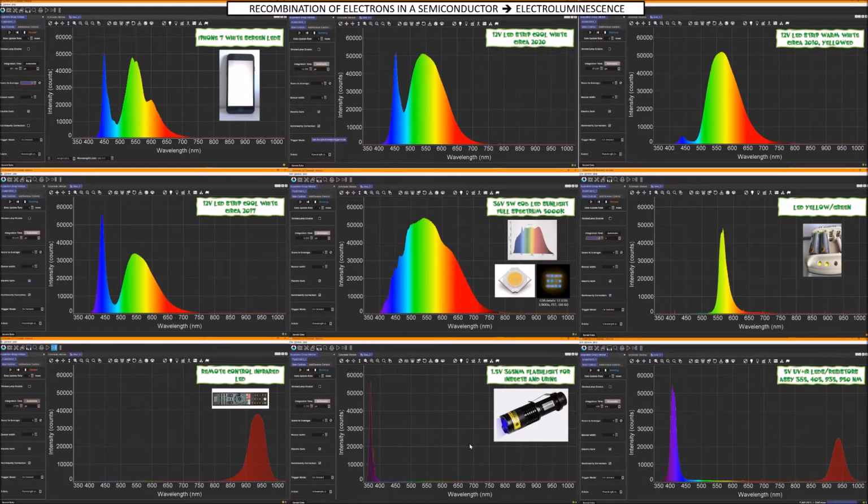This is a UV flashlight with an LED that is used to detect insects in urine. And this is an assembly that I made with 4 different wavelengths of individual LEDs. So when you look at all of these, what you see, for the screens in strips, is blue LEDs